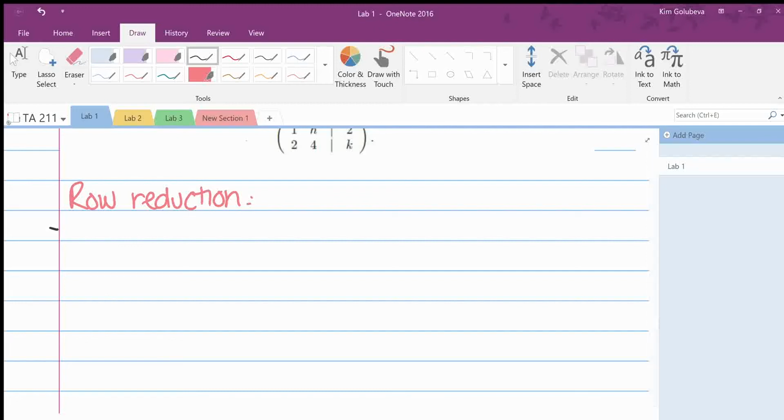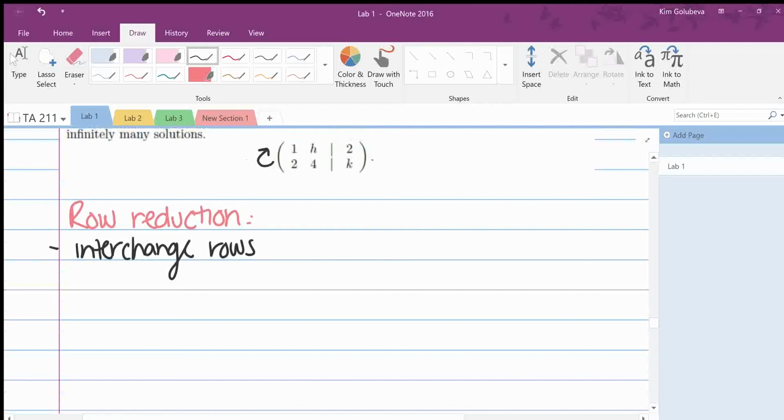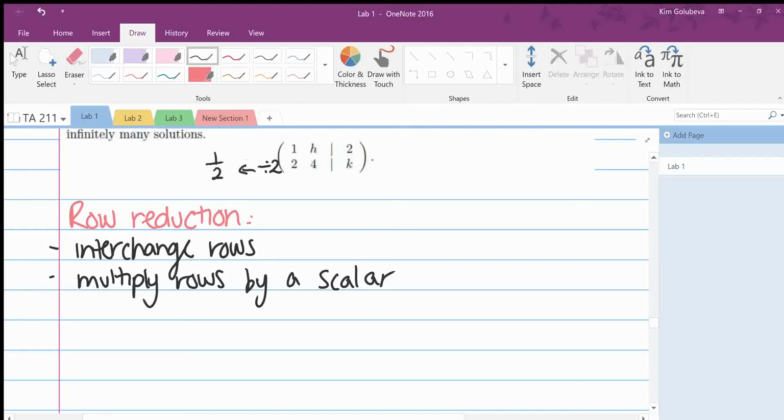So in row reduction, we can interchange rows. We can switch the order of these 2 rows, and it won't affect our calculations. And we can also multiply rows by a scalar. Notice that we don't ever talk about dividing rows. We can multiply. So if we wanted to divide this row by 2, we would actually talk about multiplying it by its reciprocal, so multiplying by 1 over 2. That's kind of an aside, but